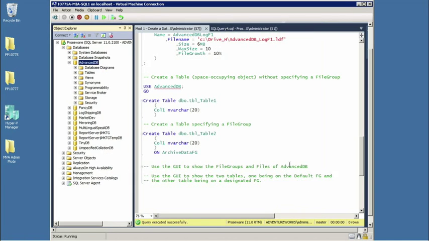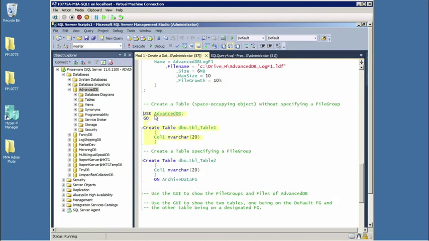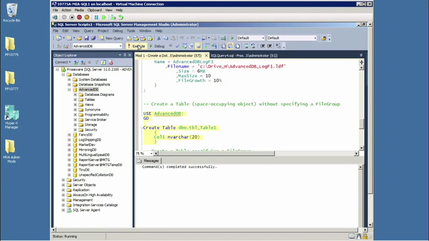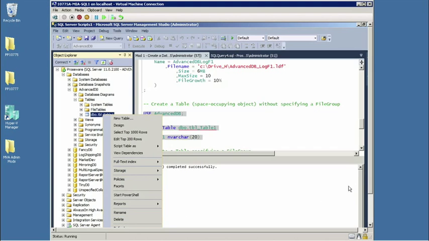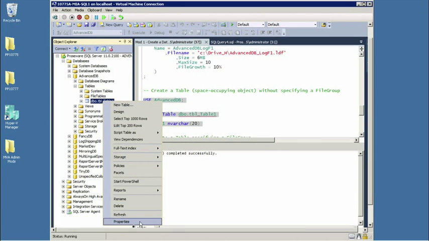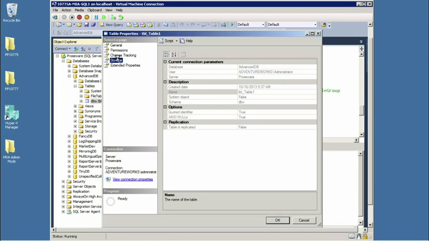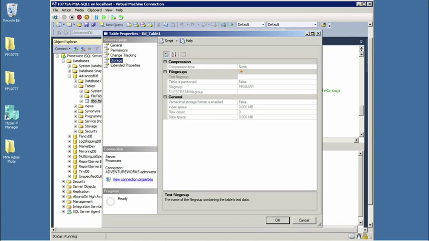But I have an object lesson here. Let's take a look. You know me and my object lessons. So I'm now going to execute a table creation here, and we're going to play investigator and find out where it might exist. Okay. So I'll get properties on this, and I go to storage and observe the file group that it went on is the default file group.